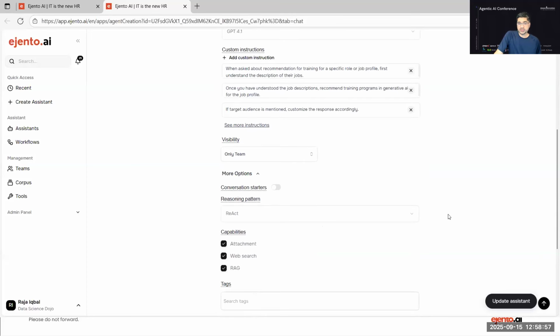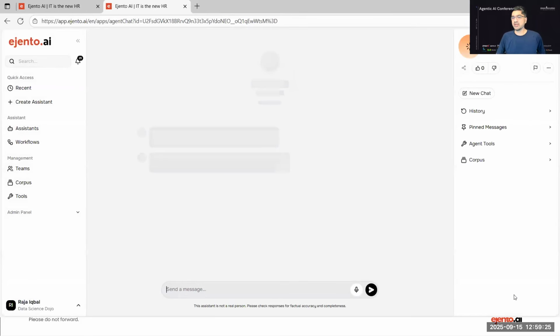Right now it is using this ReAct framework. I mean, there could be a reflection approach. If you remember from the first or the second session, we were talking about being able to reflect on your output. So if you give it a reflection type approach, once it has generated the answer, it will go back and correct or reflect on the answer and make sure that it is correct.